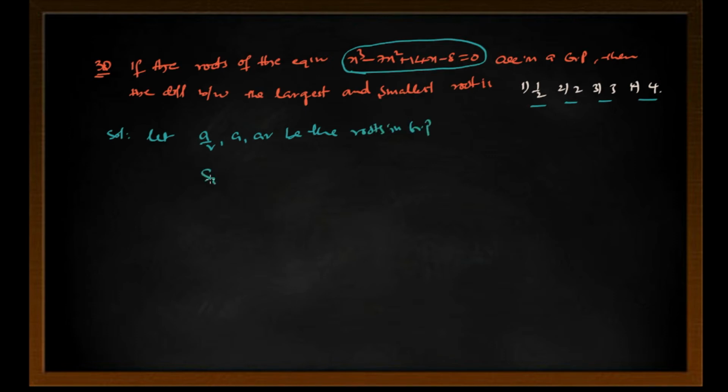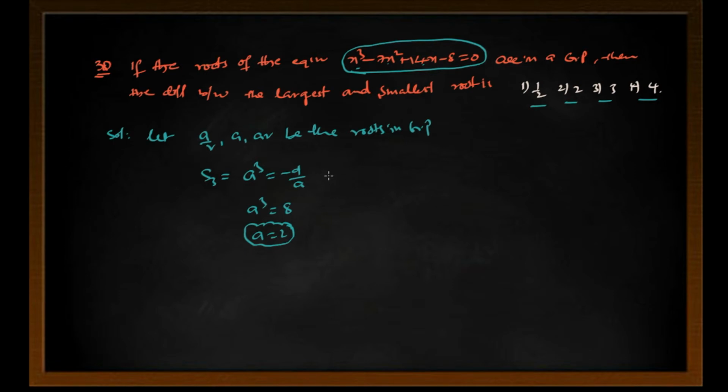So the product of the roots is always a cube, since the r's get cancelled, equals minus d by a. From the given equation, a cube equals minus of minus 8, so a equals 2. Now we have a equals 2, one root. Now we have to find the remaining roots.